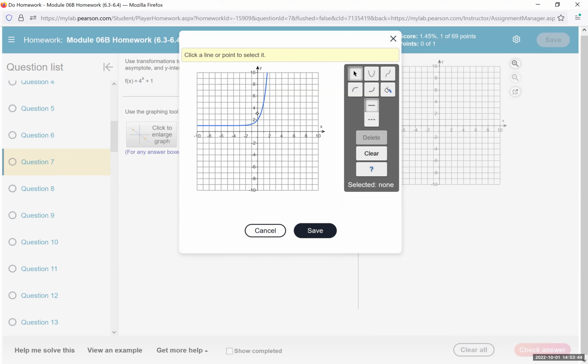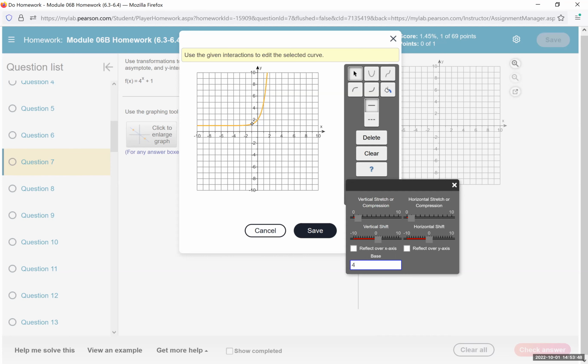Can you go back to this? Nope. Go back to the, there we go. It pops up. It was a vertical shift of 1, although, is mine a vertical shift of 1 right now? It is. On the number line, it is 1. This is a terrible tool. It's a terrible tool. Sometimes you may also have to change the base, but it put in the correct base